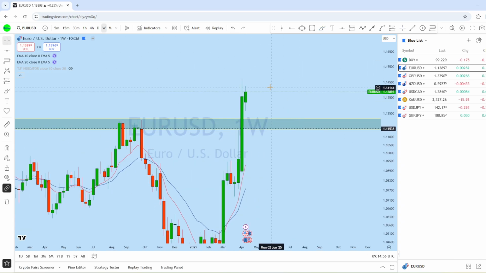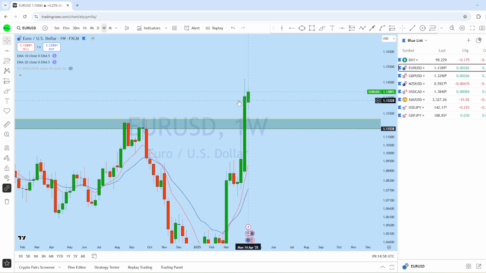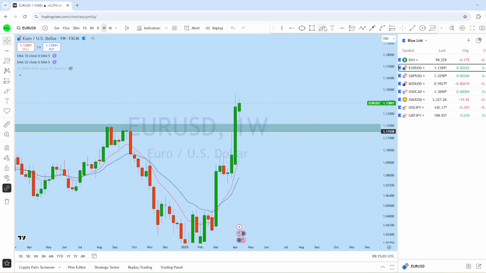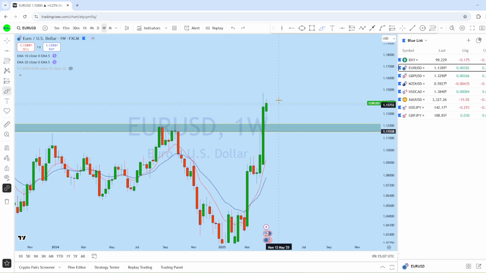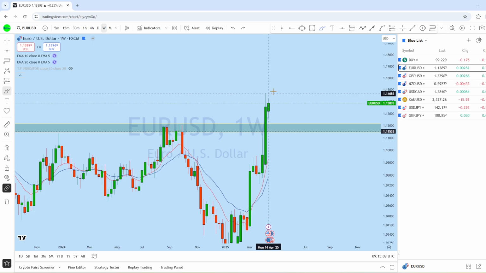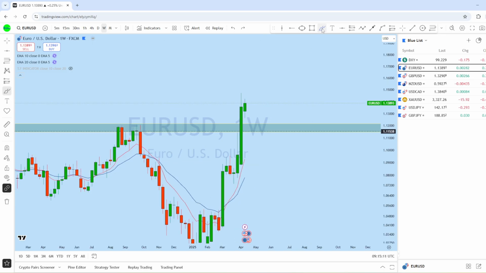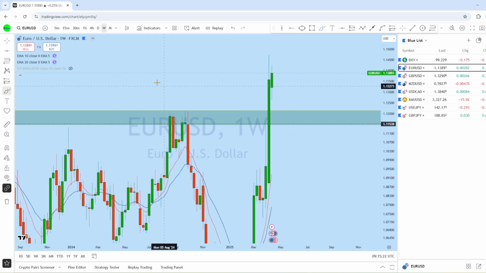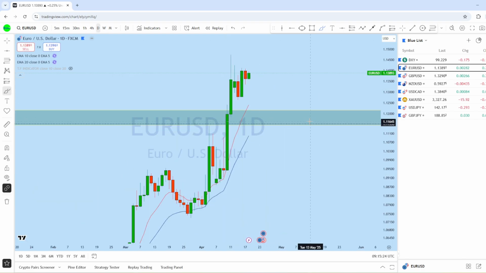And what we can see is that this is the weekly bullish candle here. This is the narrow range of the past week, which is the pullback after this big move. And currently what I think is that this week the price may try to break this low here, grabbing that liquidity and then potentially bouncing back to the upside to create a new higher high in this market. Now if we look at the daily chart here on euro dollar,